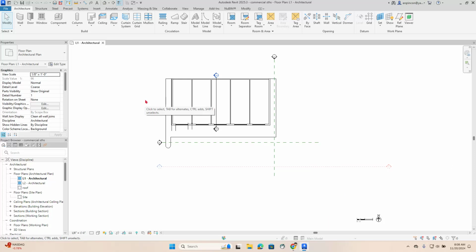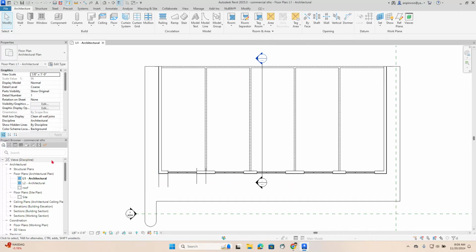Okay, hello. Today we're gonna do a commercial basic lighting plan. Okay, so we have our commercial project. We're gonna go into our site plan, into our ceiling plan level one,